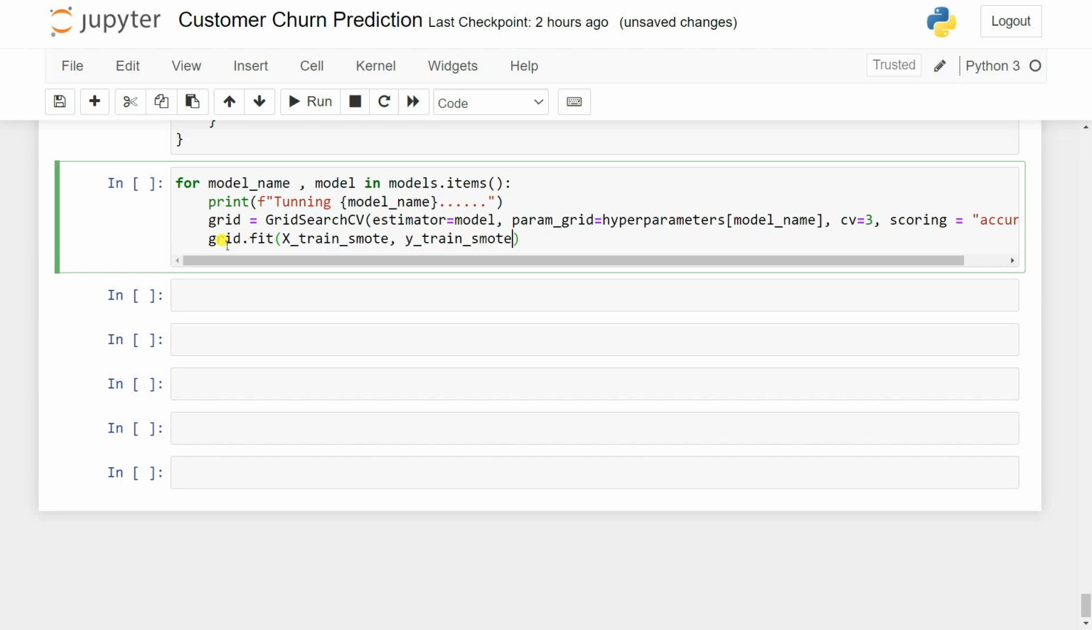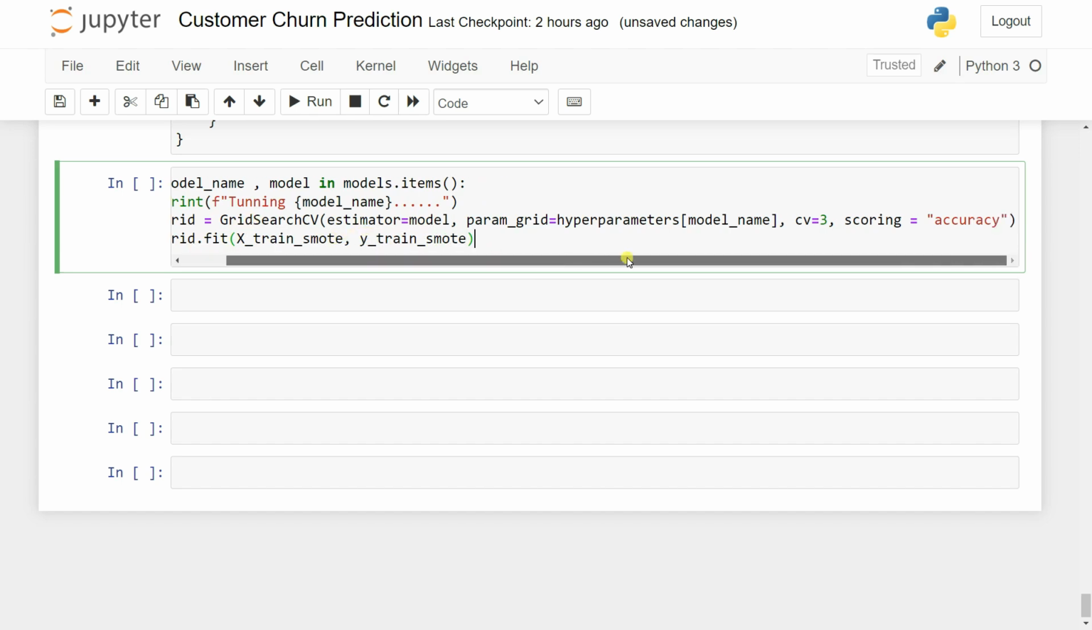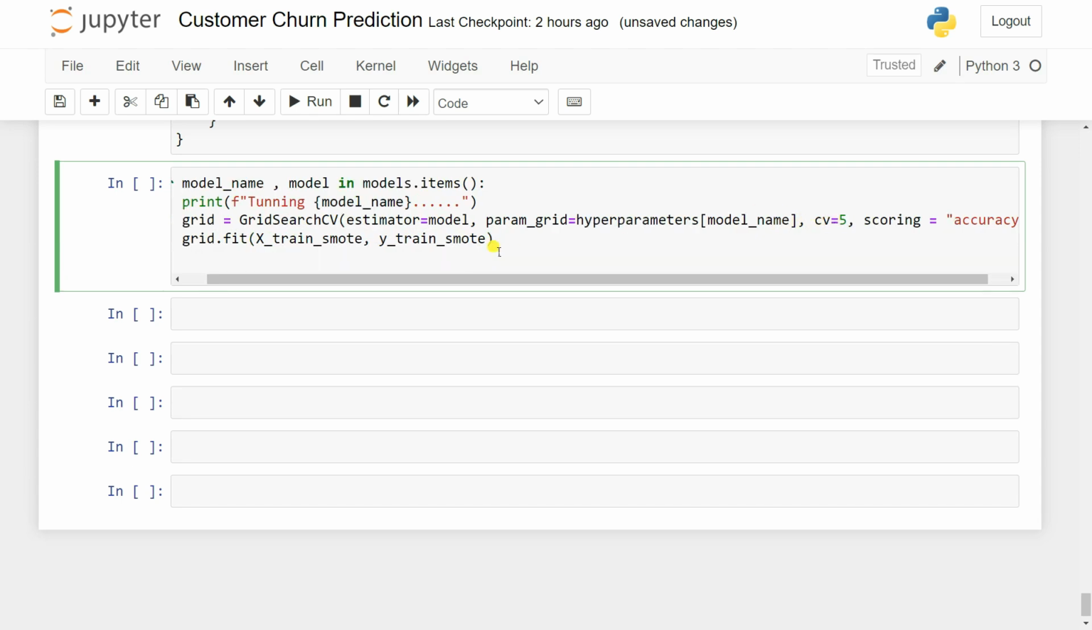Okay, so we actually created and initialized our GridSearchCV, and we passed in the estimator, the param grids, as well as the cross validation. How many folds? 3-fold. Then we're giving the scoring equal to accuracy. You can also make it, let's say, 5-fold as well. Now what I can do is simply going to